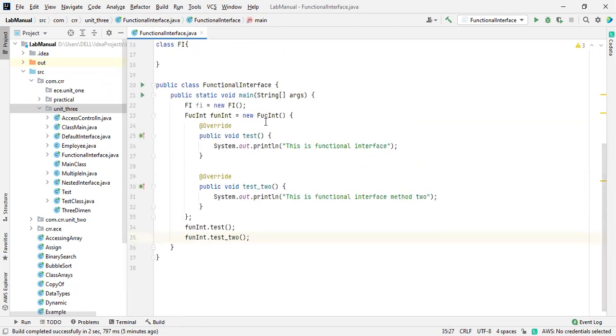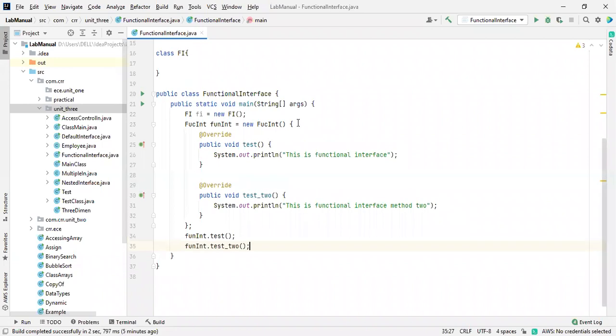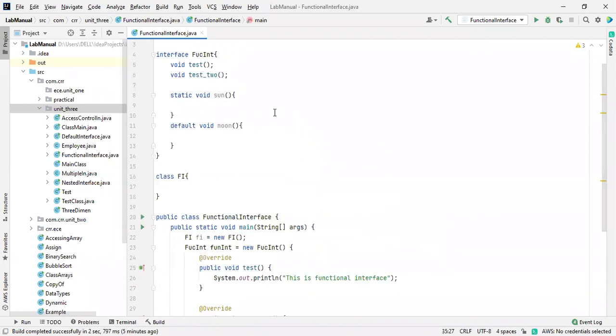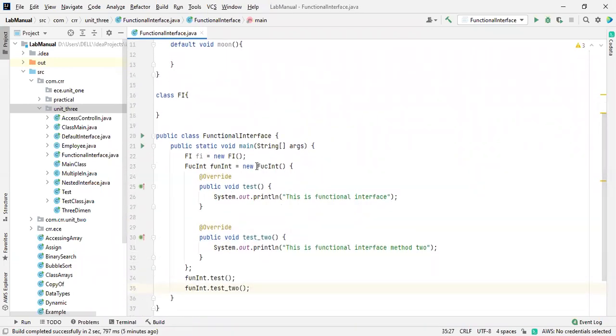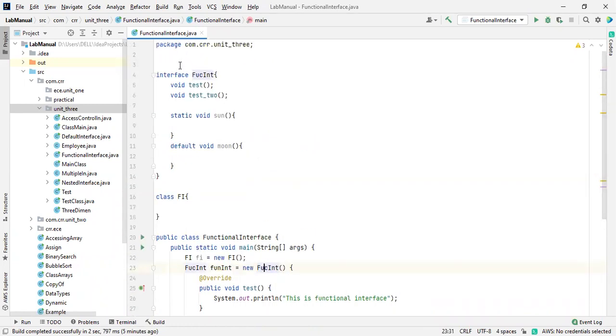We won't call this a functional interface. Why? Because there is no hyphen and greater-than symbol, it is not highlighted and not asking for anything, which is not possible. I'm just telling the interface to make it a functional interface. How do we make it a functional interface? By using the annotation symbol.